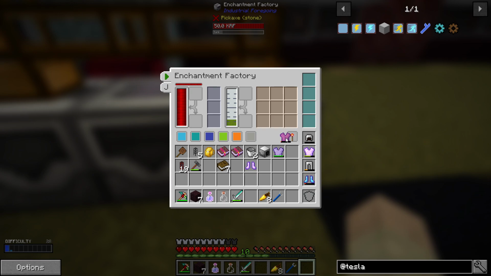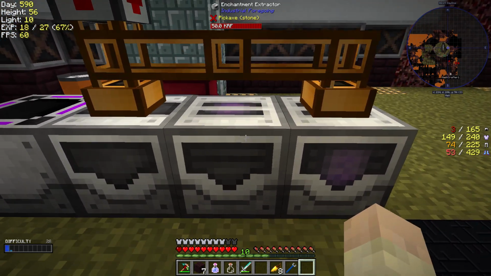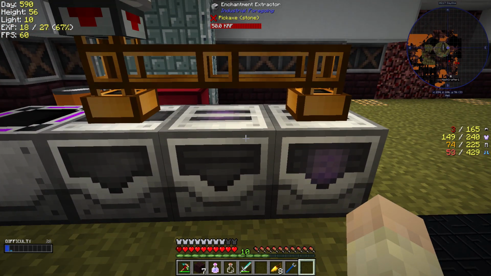Okay, so this just gives us... Is this basically just like a thing that gives us random enchantments? All right, so this is... Okay, let's go through this. All right. This is my explanation of these things, and how we're going to use them will be coming up